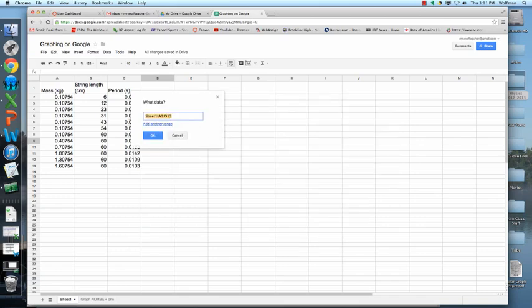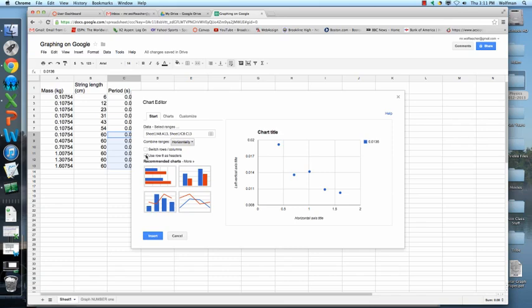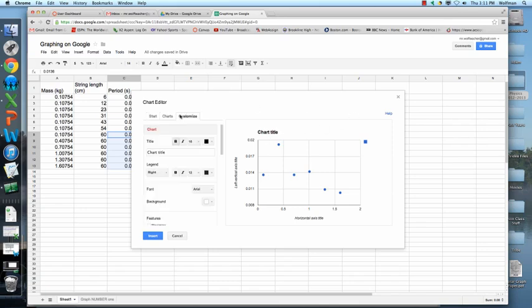Go here. I'm going to delete this. Oh, I'm going to delete this. My x values now are mass. I'm going to add another range. My y values are still the period. That's the dependent variable. Okay. I'm going to remove this as the header right there. And I'm going to create a title, so I'm just going to call this one